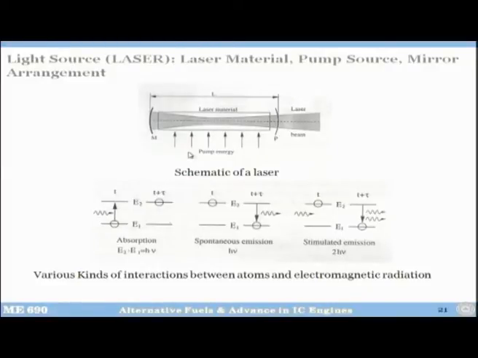Okay. So, the same fundamental is used in the laser also. So, what you are doing is that this is the laser material, and by some way you are providing pumping energy. So, when you provide the pumping energy, some of the molecules reach a higher energy state, then you continue to provide energy, and that energy leads to stimulated emission of radiations, and those radiations move back and forth, and using this mirror and prism you direct them.